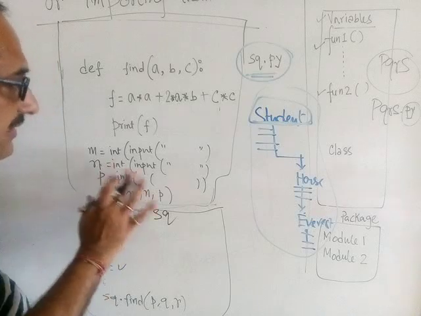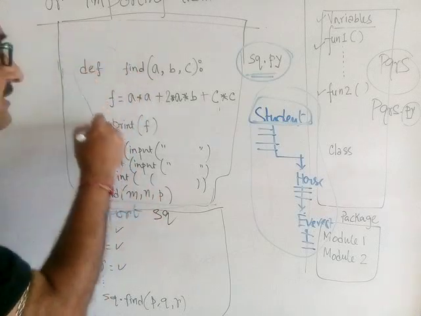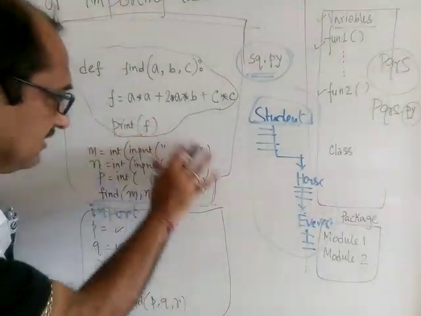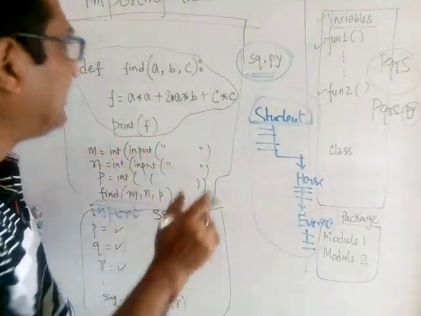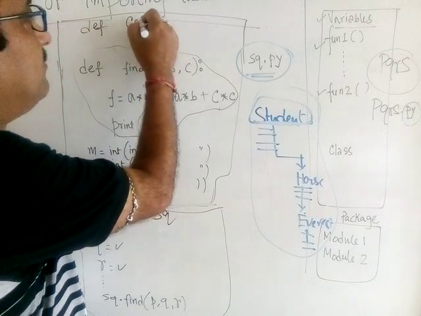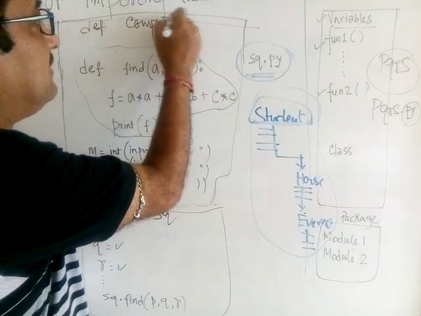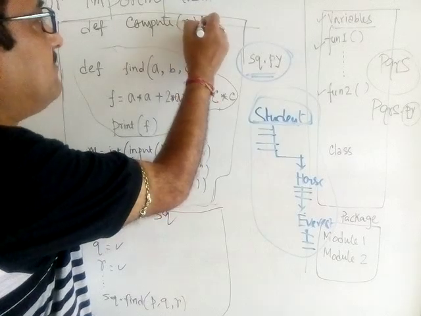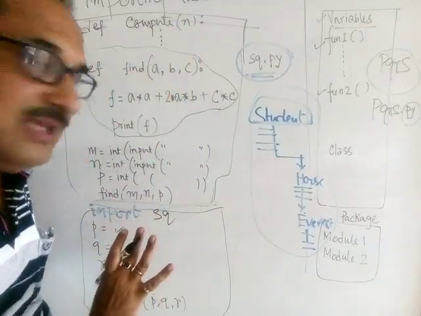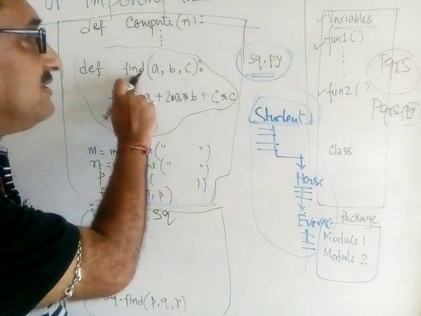So look at this. I only made use of this much part of the module. I am not interested in what was happening here. As a matter of fact, I may have a different function here, say the function name was compute, written before this, and some job was done there. But I did not try to make use of it. I just wanted to make use of this function find.